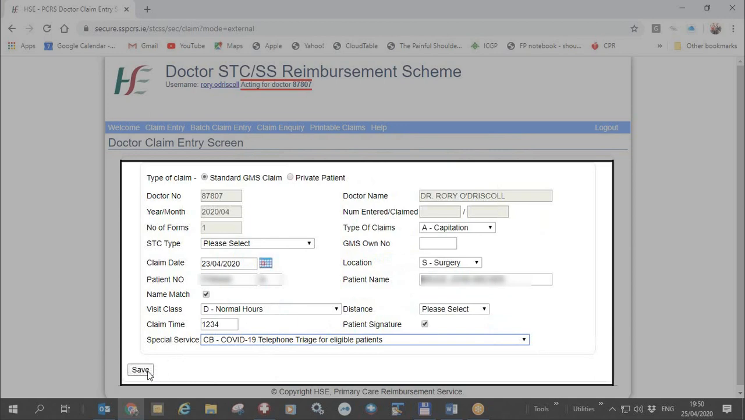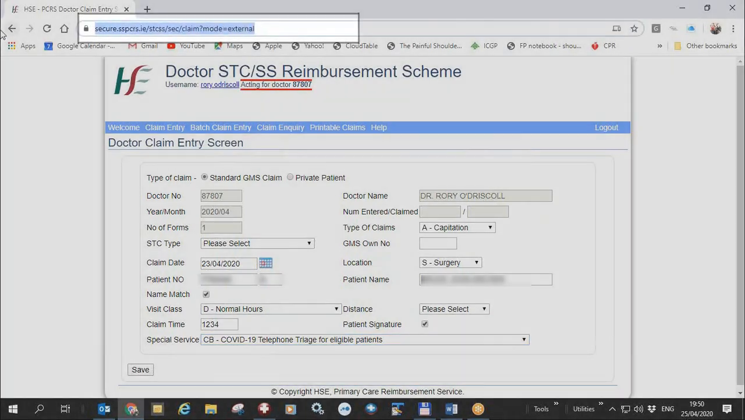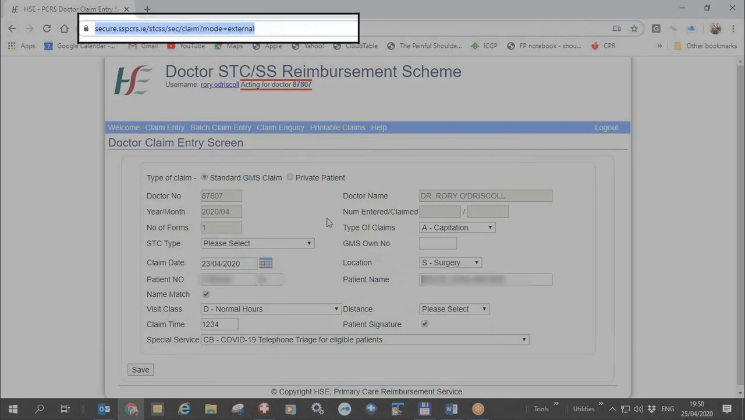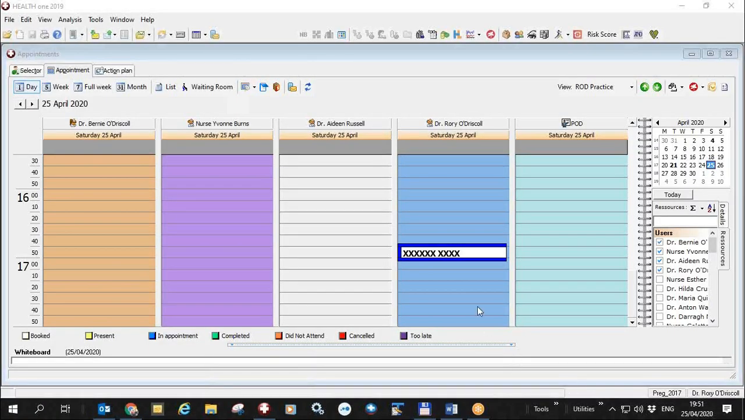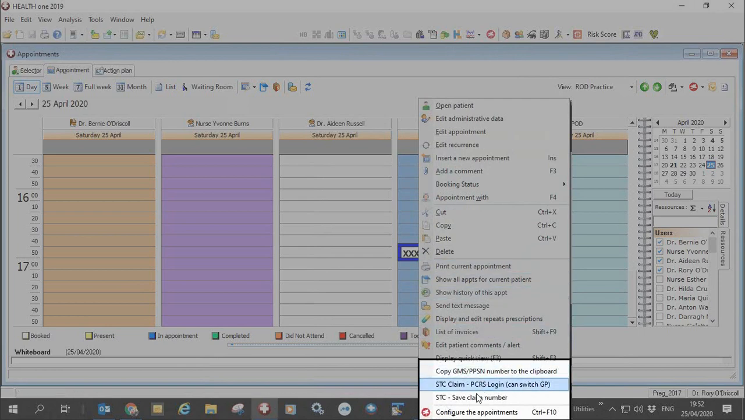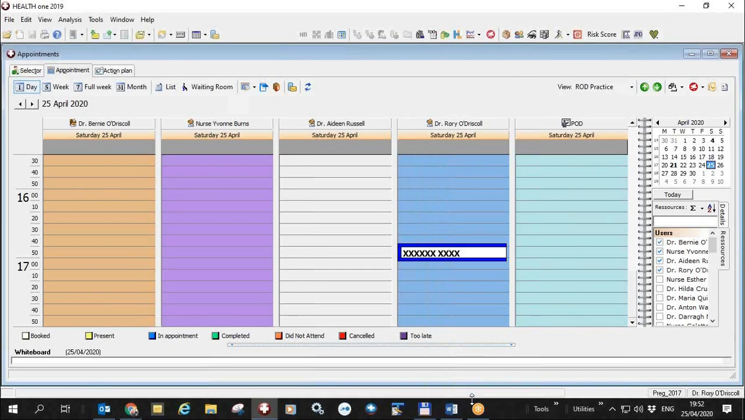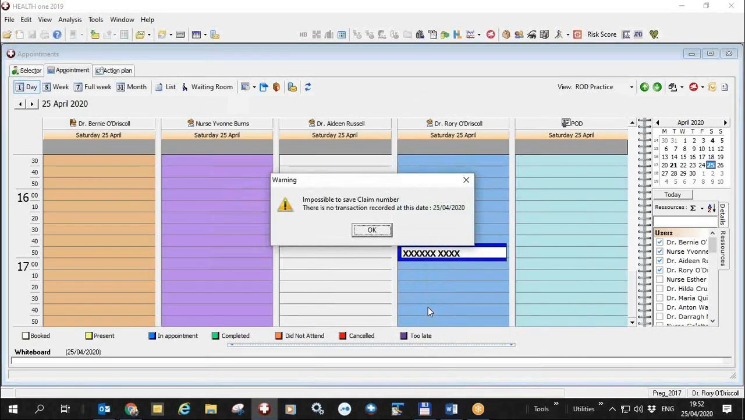In this case, because I'm testing it, I will not actually save it, but I can right-click on that and copy it. Once I've copied the URL, I can right-click on the appointment again and save the claim number. When I'm saving the claim number, in this case, if there wasn't a transaction on the date of the appointment, you will be unable to save it. If there was an appointment, it will save it. When there is an appointment for the date in question,